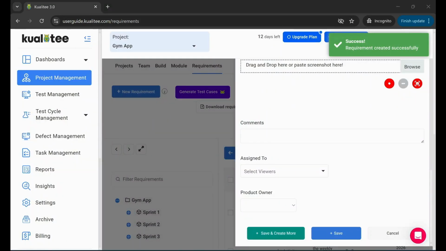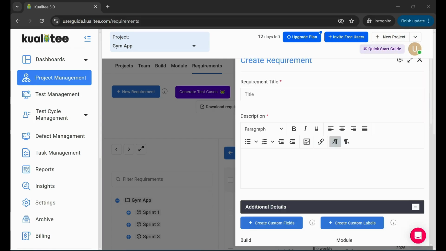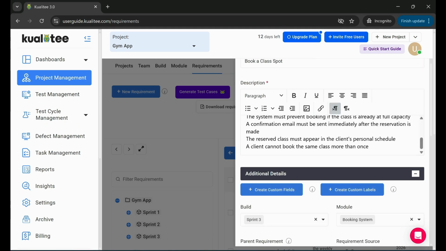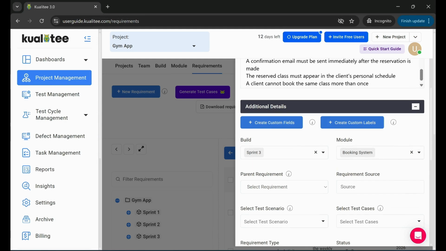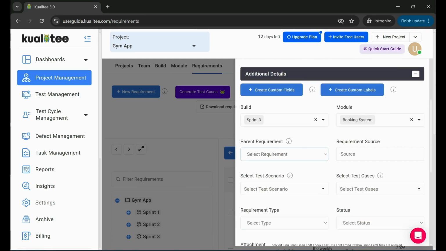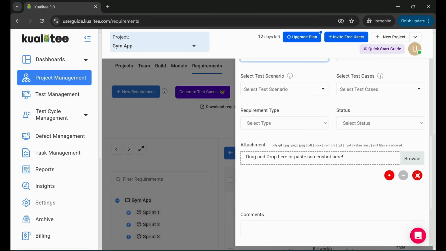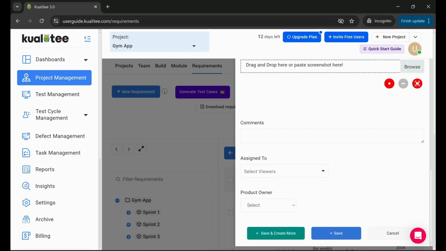The first one will be book a class spot. This is the user story and the acceptance criteria. The build and the module are the same, so let's choose the parent requirement: manage class reservations, and it's also functional, it's also to do,